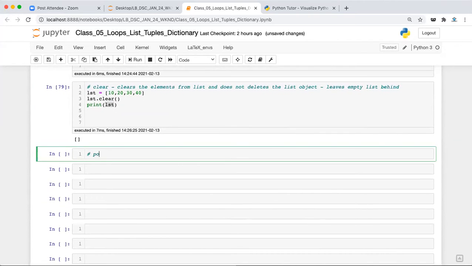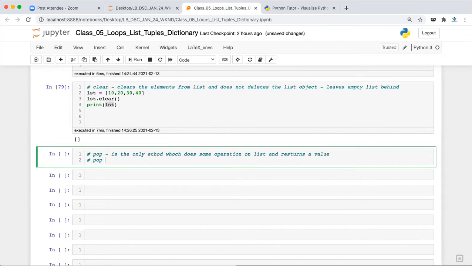Now pop method is the only method which does some operation on the list and returns a value from inside the list.